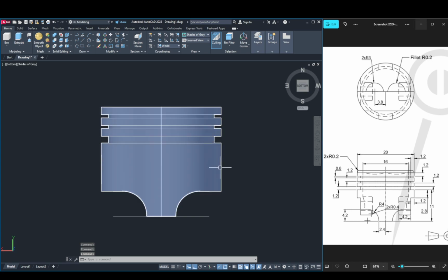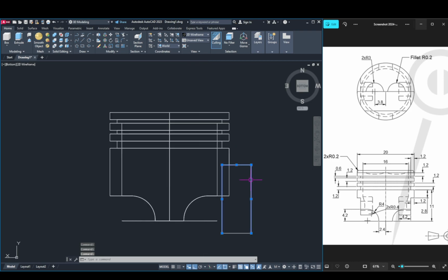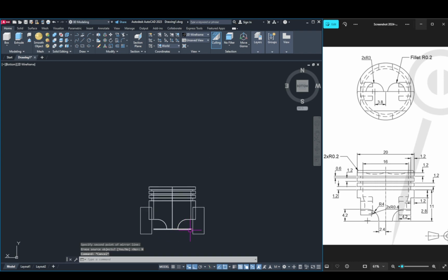Go to bottom plane. Now line, select and downwards 2.8 mm, sideways 1.2 mm, and again downwards out of the piston, enter, again L, enter, join this. Now go to this 2D wireframe and check, and join this, mirror this. MI for mirroring it, select source object no, and go to this shades of gray,